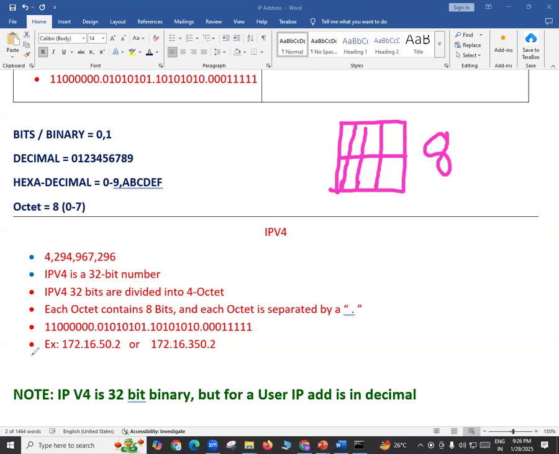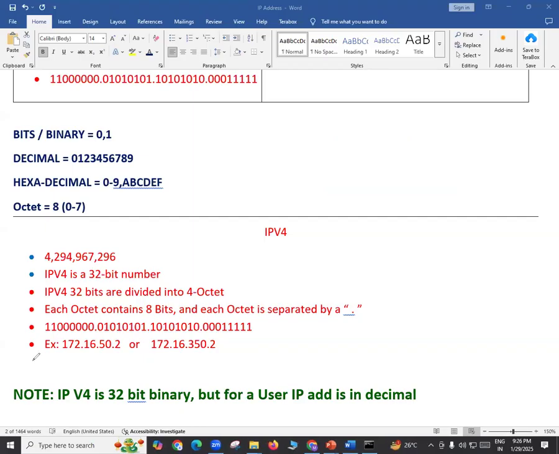So what is the octet here? Octet is a collection of 8 bits. Now where we are using octet, we will see, but as of now, this is also one number that we need to see. So I hope it is clear: binary numbers, decimal numbers, hexadecimal numbers, and octet. To understand the concept of IP addressing, my friend, you should be very good in these numbers. So we will try to see many things in these numbers. We'll take many examples and we'll try to understand these numbers in the perfect way. Just understand the numbers, and your IP version 4 concept will be very clear.